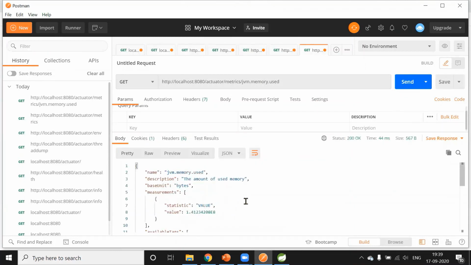We will get that memory detail also. So the metrics endpoint gives all the available metrics, then we can choose one by one whichever metric value is required for us and use that endpoint.